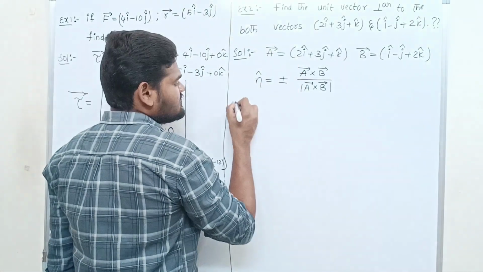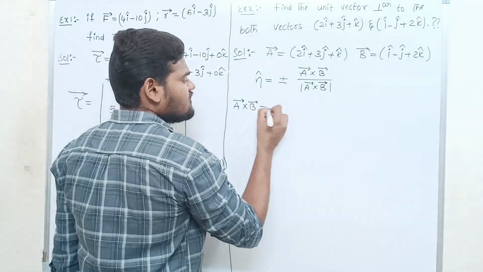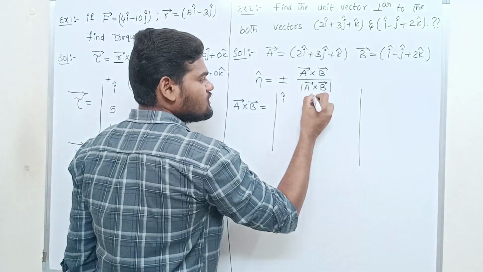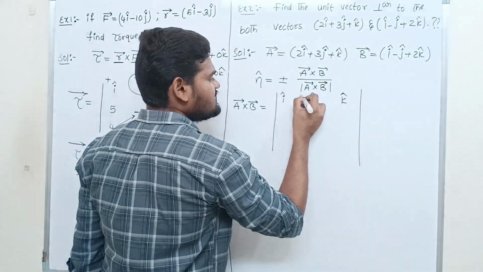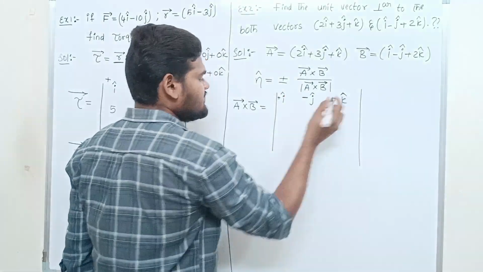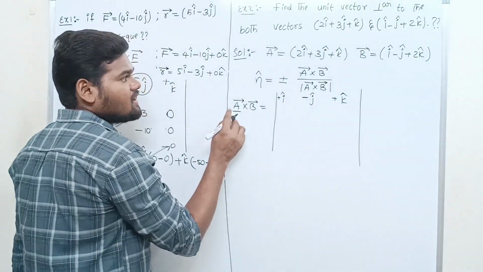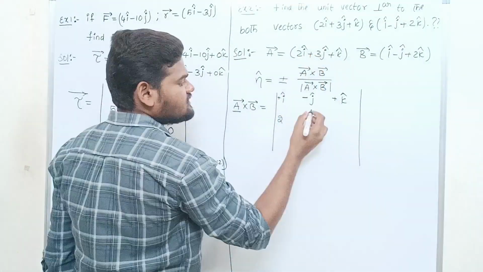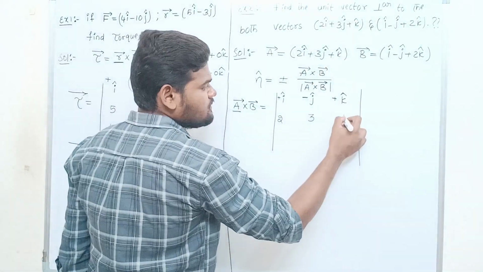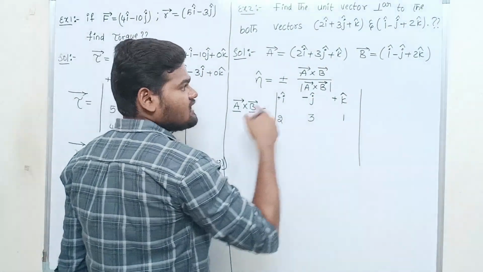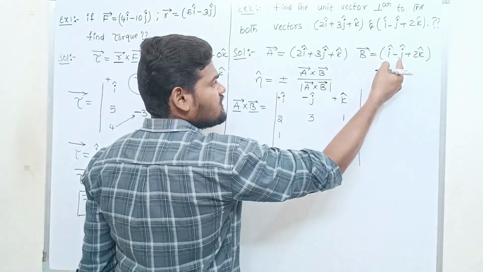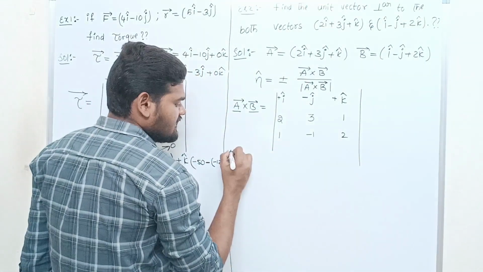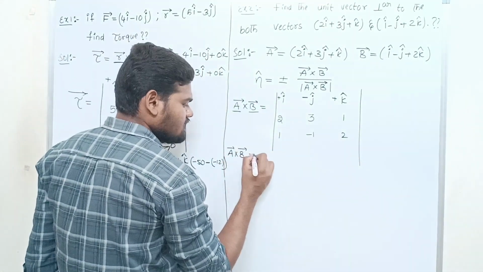Right. I'm just going to find the cross product of a bar and b bar vectors. So what we have to do? We have to take a mod. This is i cap, this is j cap, and this is k cap. So this has a positive sign, negative sign, and positive sign. Next, what is our first vector? A bar. What is the coefficient of i cap? 2. Coefficient of j cap? 3. Coefficient of k cap? 1. Next we have the b bar vector. Coefficient of i cap? 1. Coefficient of j cap? Minus 1. Coefficient of k cap? 2. So now a bar cross b bar is equal to